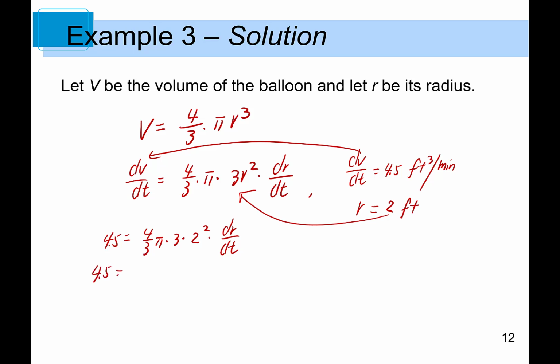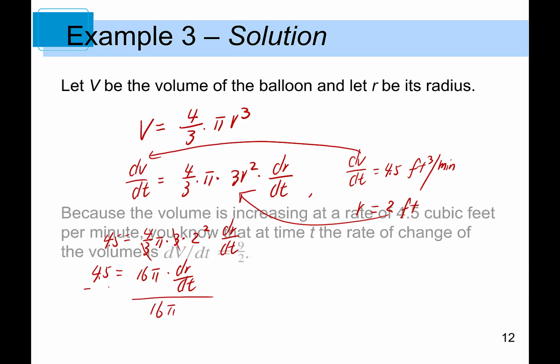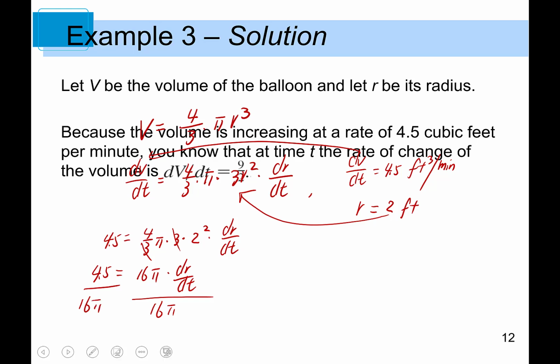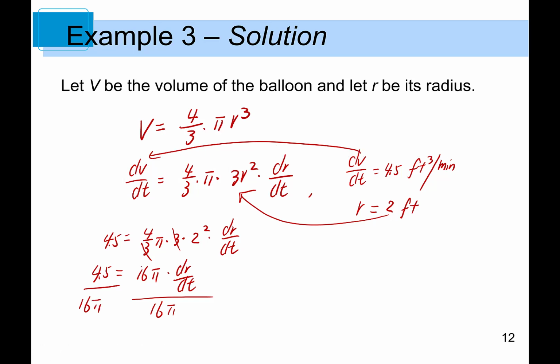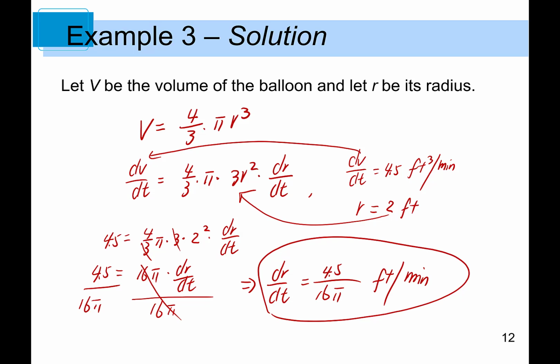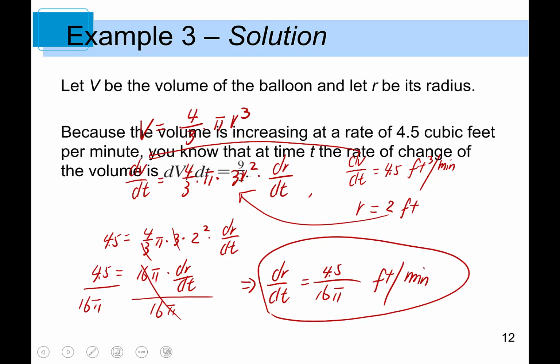Simplify the right hand side, we're going to end up with 16 pi times dR over dt. Now dividing both sides of the equation by 16 pi, you end up with dR over dt equals 4.5 over 16 pi. And this is feet per minute. That's the unit for the change of radius over change of time. And this is a detailed solution, but you can definitely take a look at the solution from the